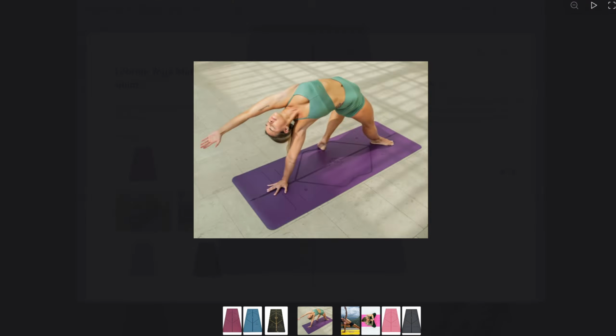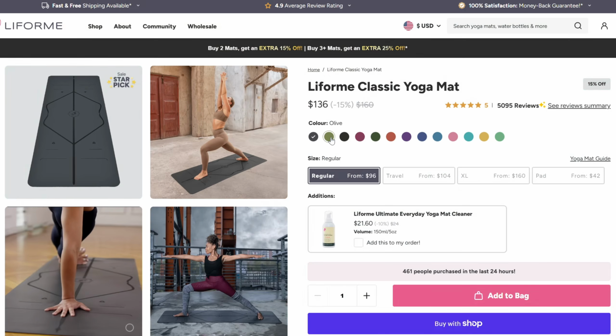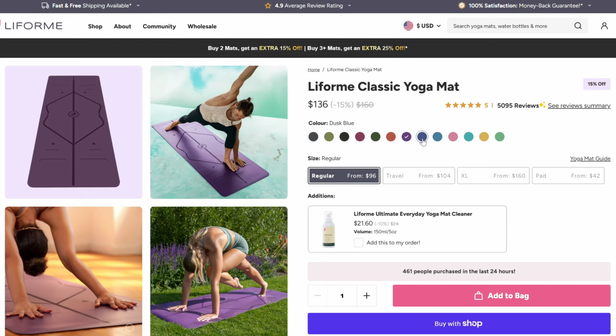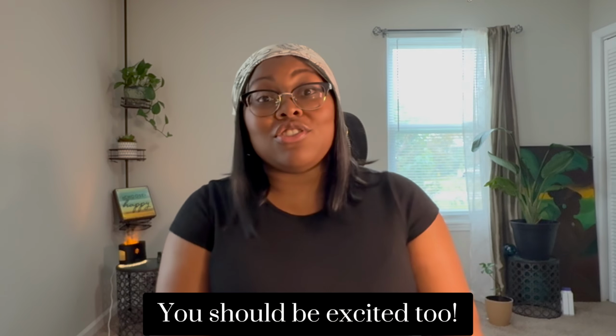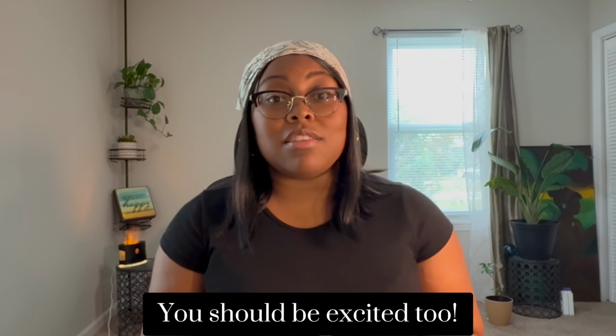Their mat is so grippy. I believe that if I chose any other mat, it might be slightly biased. I am open to trying many mats, but I did a lot of studying and research before I decided to go and invest with that brand. So with that being said, I'm looking forward to getting a brand opportunity with them, as well as participating in one of their creator events for sure, just to get that experience, because that's something that I haven't experienced as well. And from what I've seen, they look a lot of fun.